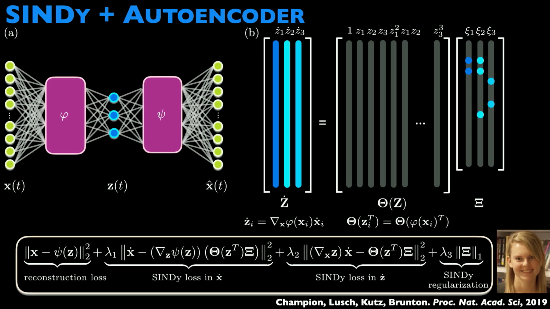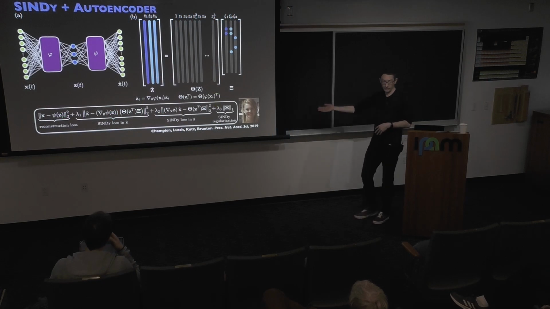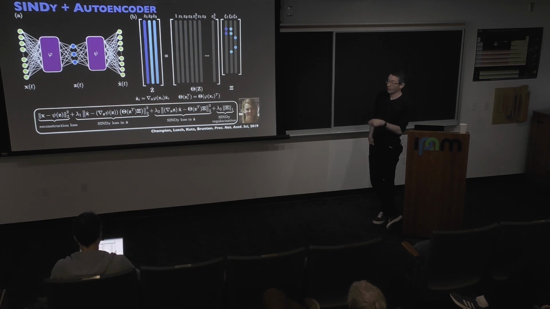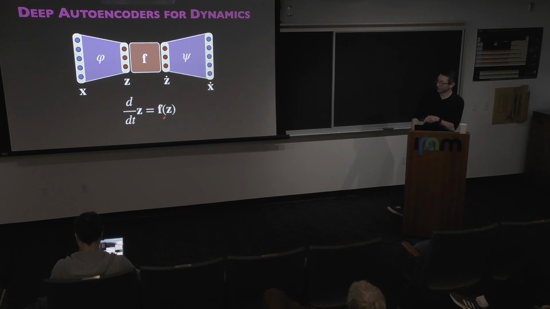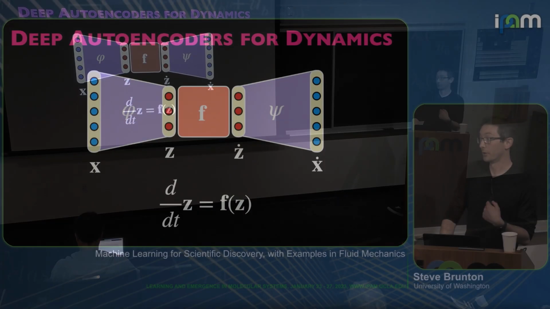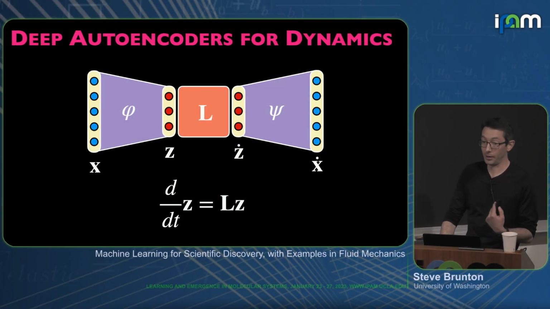This was a tough one to get working, but technically it is possible. Other people have done similar things. Hodgkin's group does similar things to this. It's kind of interesting, instead of just trying to learn nonlinear dynamics that are sparse in the latent space, you can even go farther and say, why not learn linear models? Frank has worked on this, we've worked on this.